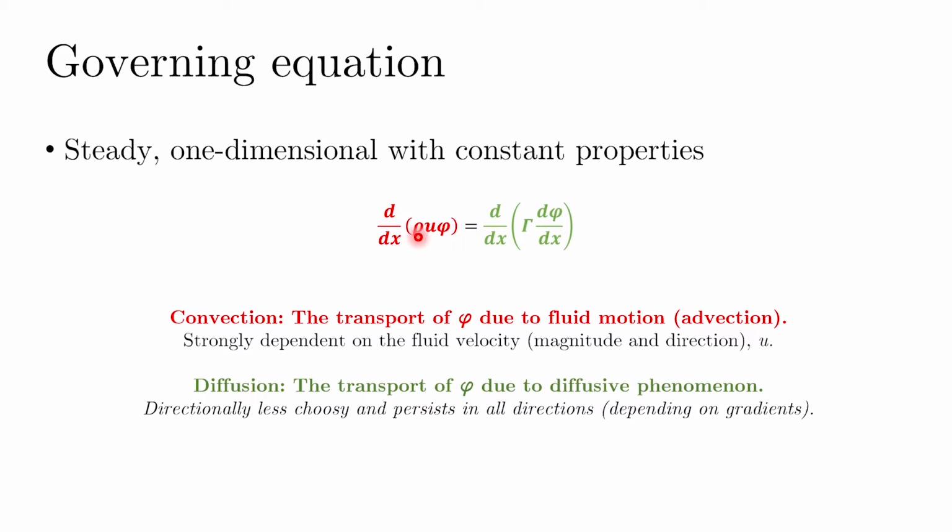Here rho is the density of the fluid, u is the velocity of the fluid in the x direction, and phi is the same variable that we are talking about. Previously we had looked at temperature as phi, but now I want to make things more general, because as we would see, this particular equation would be carried over to momentum equations as well, where phi would take the values of the velocity components, and if we take phi equals 1, then we would get the continuity equation later on.